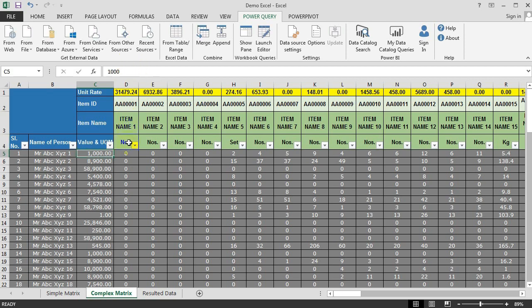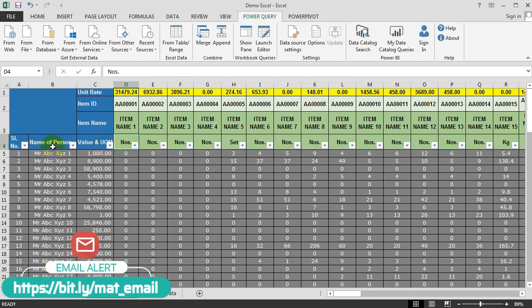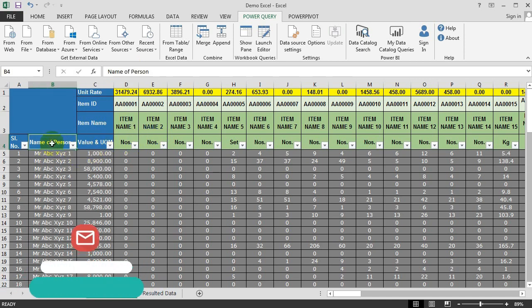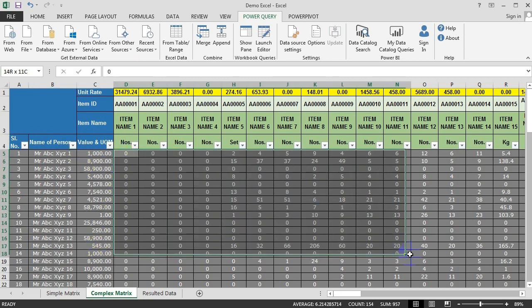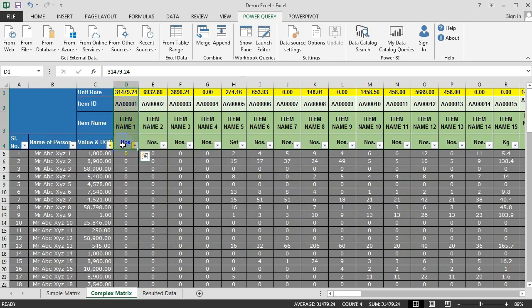And some headers are on the left side of the column, name of the person and the value, and these all are quantity. This is a matrix table which has many headers at the top of the sheet and some headers at the left side. Fine.